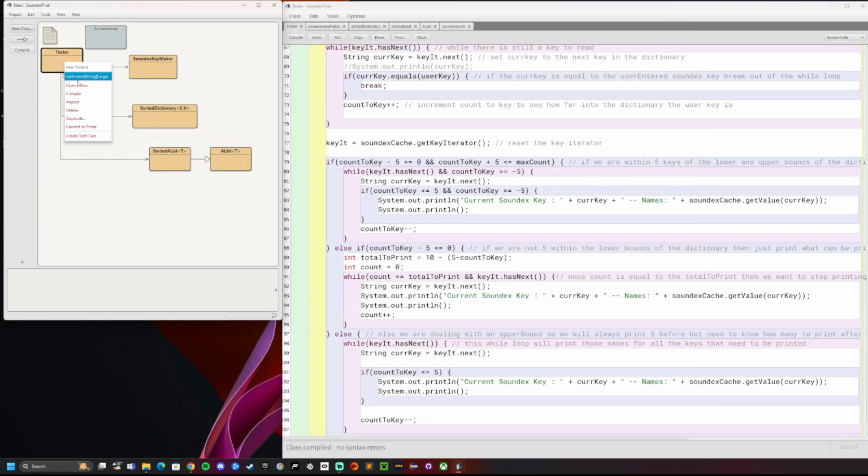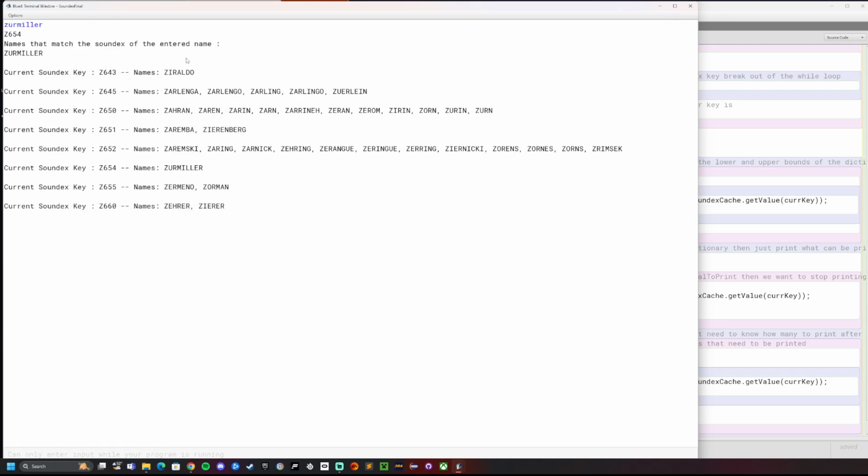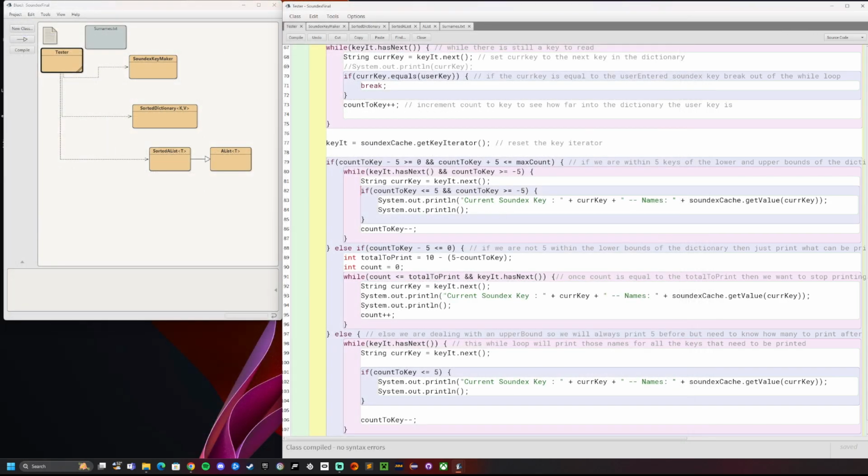And for the other situation, we're at the other side of the list. We want to print out 5 before and just however many are left. So that name would be Miller. Okay, so here's our Miller name printed out up here. It printed out the whole list of it, which is just Miller. We've got 5 above it, so 1, 2, 3, 4, 5, and there's just 2 left below it. And this, we can show that that is correct